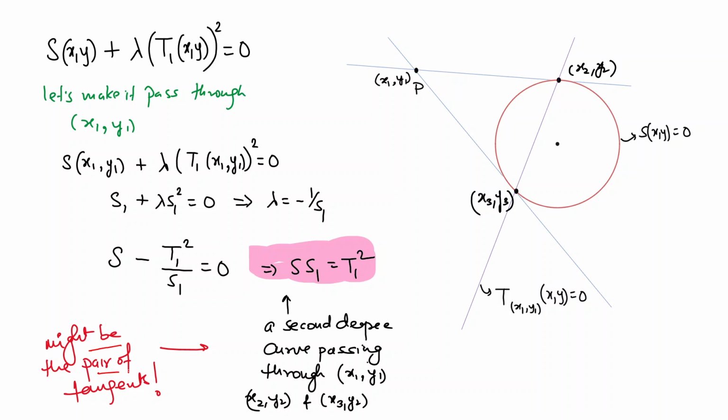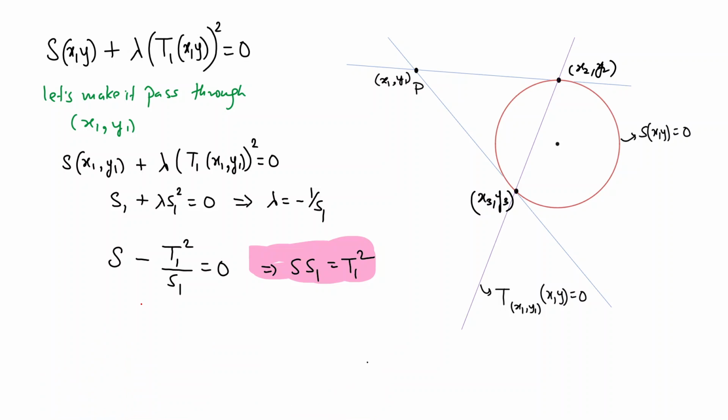Might be the pair of tangents. I mean, we just have to prove it. Now how do we do that? So what I'm going to do to prove it is, first of all, realize that this is not going